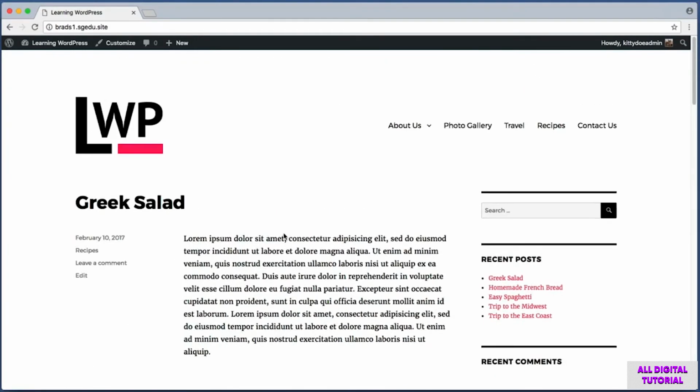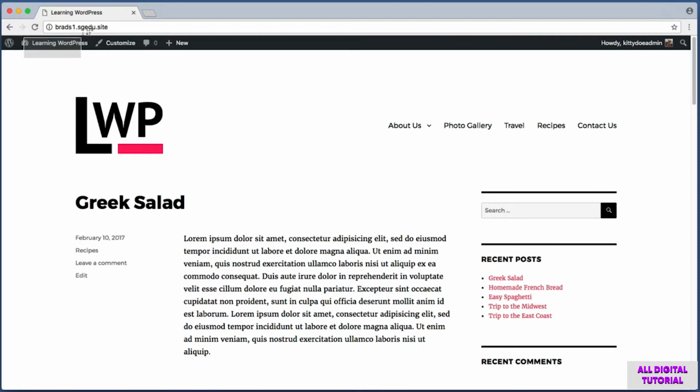However, not everyone wants that for their homepage. Maybe you would rather move your blog to a dedicated page in your navigation named Blog, and that would free up your homepage for whatever custom content you want to use. So let's go ahead and set that up. It's actually very simple to create a custom homepage.